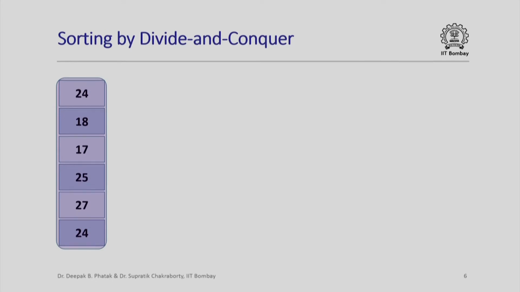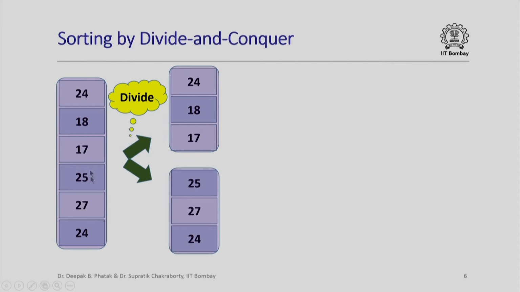So let us see if we can actually sort a given array of integers using this notion of divide and conquer. So here is our array of 6 integers which is unsorted, and we are required to sort them. So what we could do is, we could say, well, instead of sorting an array of 6 integers, let us first divide this original problem into 2 subproblems where each is an array of 3 integers. So here I have just taken the top 3 integers in this column and formed the first array over here, and I have taken the bottom 3 integers in this column and formed the second array.